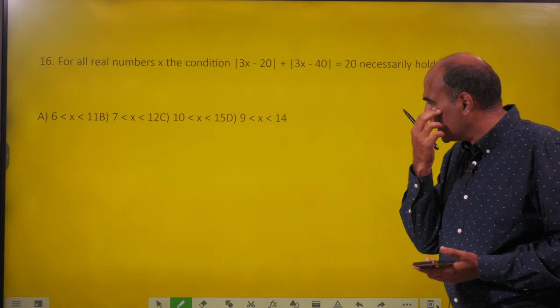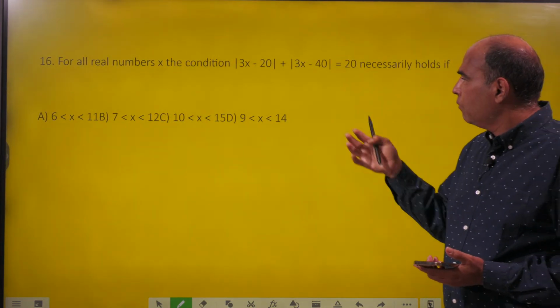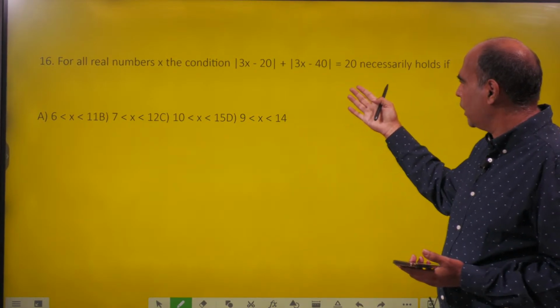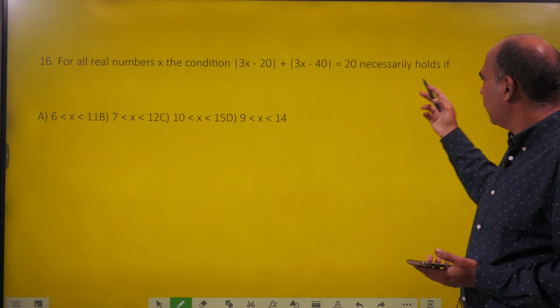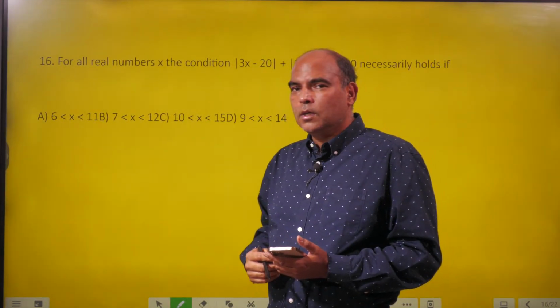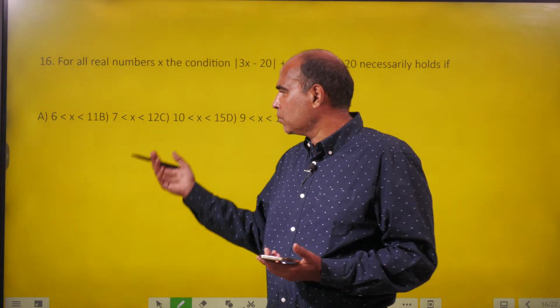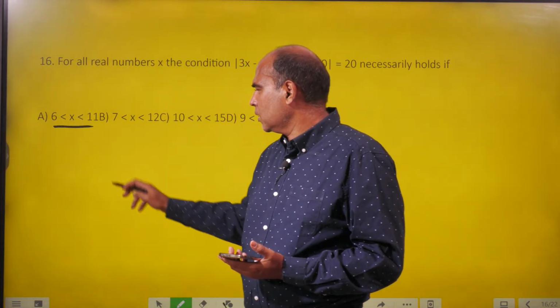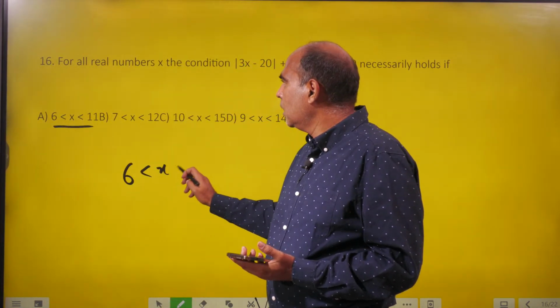So let's look at this next question. 6 more questions to go. For all real numbers x, the condition mod 3x minus 20 plus mod 3x minus 40 equals 20 necessarily holds if. Now this is a very simple question, because what you can do is just put values and try to eliminate the options. So for example, if I look at this first option, 6 less than x less than 11,